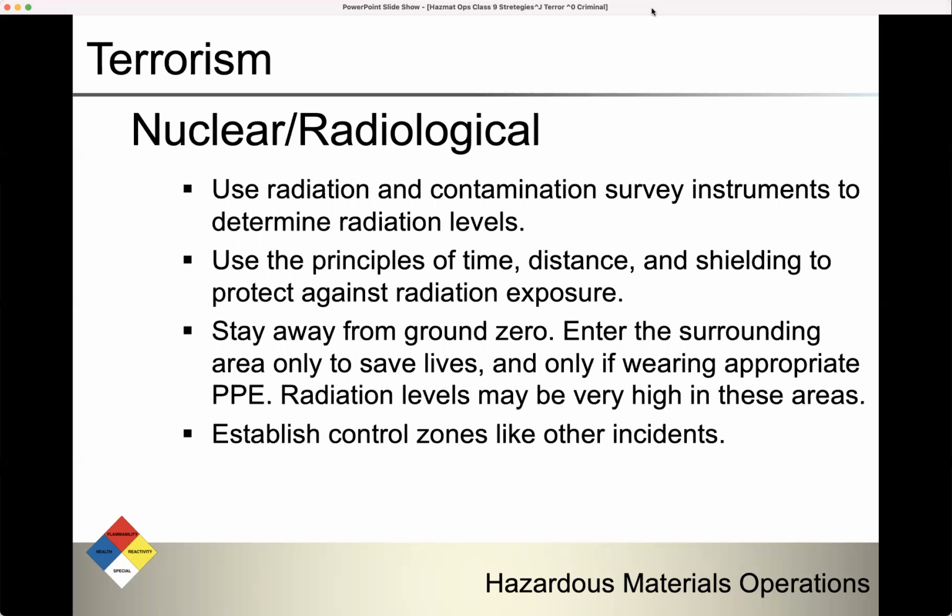What are we going to do about it? We're going to use radiation and contamination survey instruments to determine radiation levels. We're going to use our radiation detector monitors. We're going to utilize the principles of time, distance, and shielding to protect against radiation exposure. We're going to stay away from ground zero, entering the surrounding area only to save lives and only if wearing